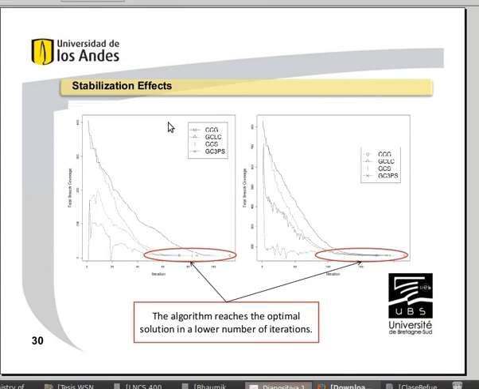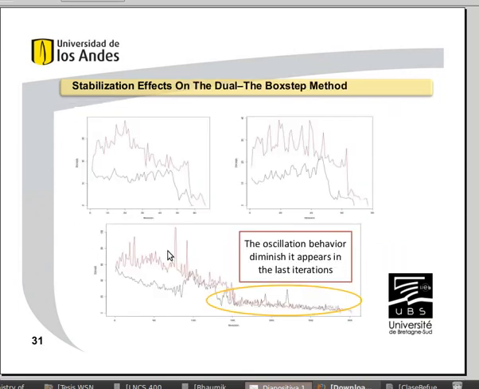The first thing that you could observe is that the use of stabilization techniques effectively reduces the number of required iterations until reaching an optimal solution. This behavior was observed for all instance sizes. Also, it is possible to observe that Wentges's method, although simpler, presents better results than the other stabilization techniques that I am presenting. From the viewpoint of the associated bar problem, it was possible to observe that, comparing the optimal solution with the actual solution regarding